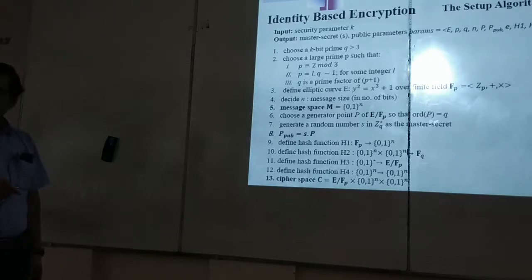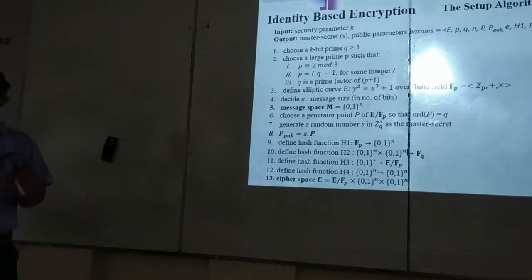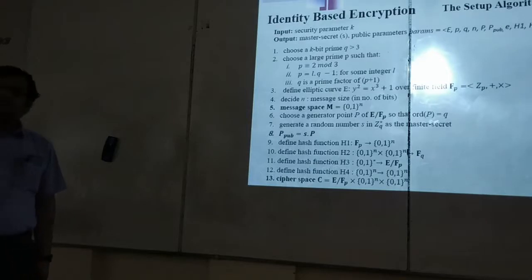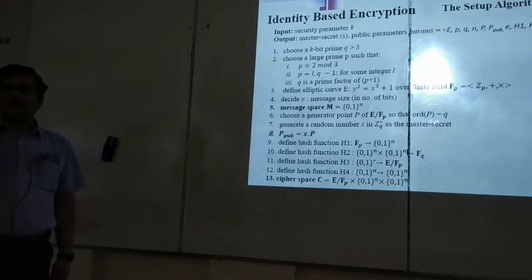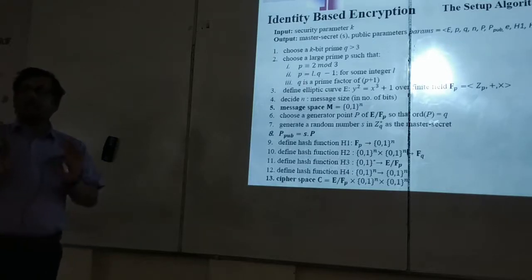E over Fp. The elliptic curve group is defined on the prime field Fp. Now the second step is to choose an appropriate value of p. There are some rules, like p should be congruent to 2 mod 3, p should be l times q minus 1 for any integer l, and q should be a prime factor of p plus 1. Why these properties are essential, you do not need to understand, at least for the time being. If these properties are satisfied, then only the elliptic curve group will be secure.